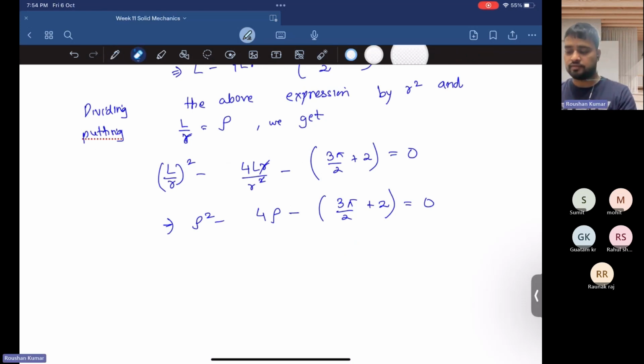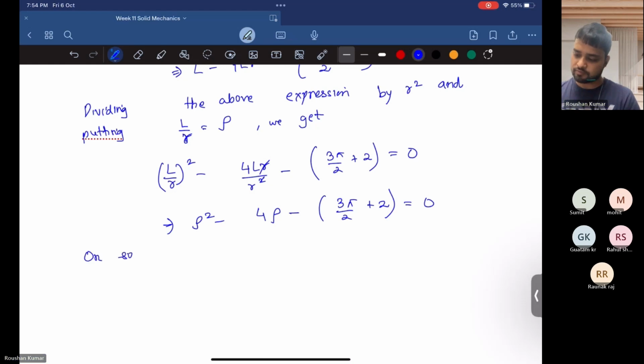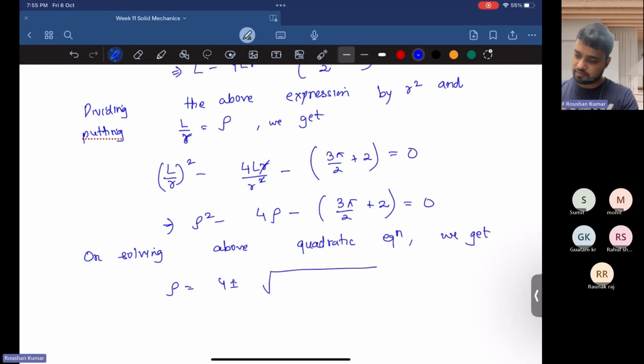Now this is a quadratic equation, so we already know how to find the root of this quadratic equation. So on solving the above quadratic equation, we will get rho equal to 4 plus minus under root 16 plus 4 times (3 pi by 2 plus 2), divided by 2, because